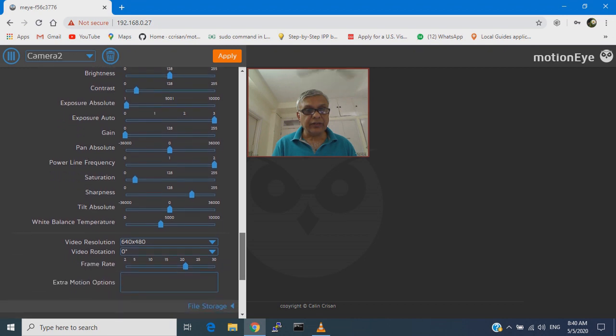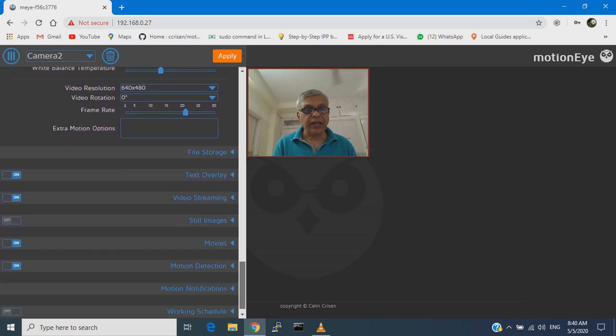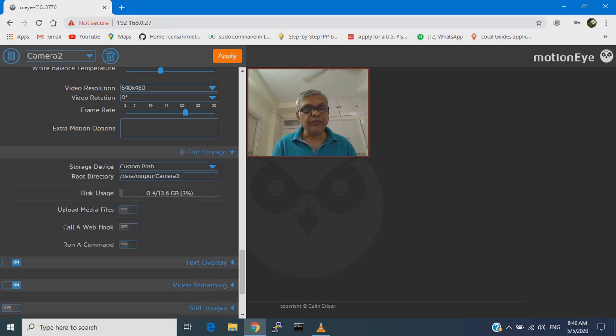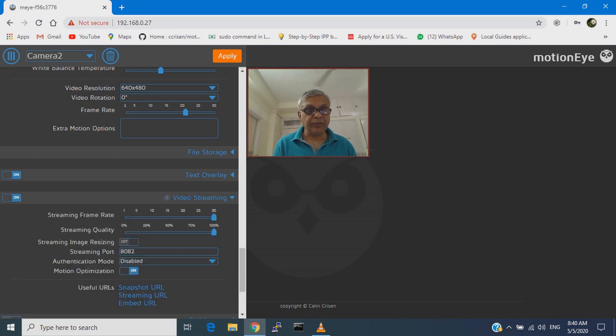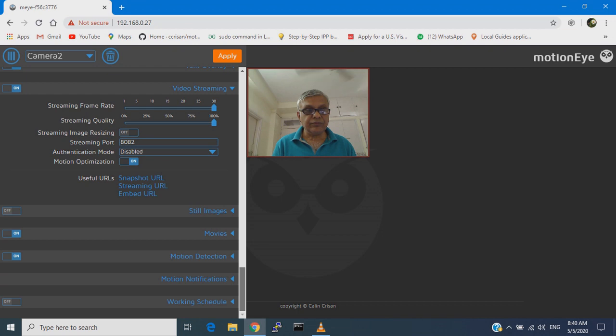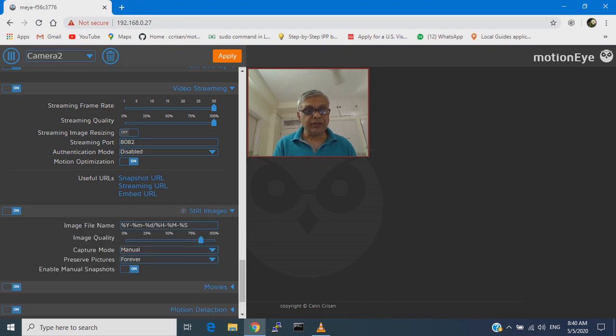And file storage, you can store the file, that is static picture or the movie clips, video recording, video streaming. Here we have details of settings for video streaming.